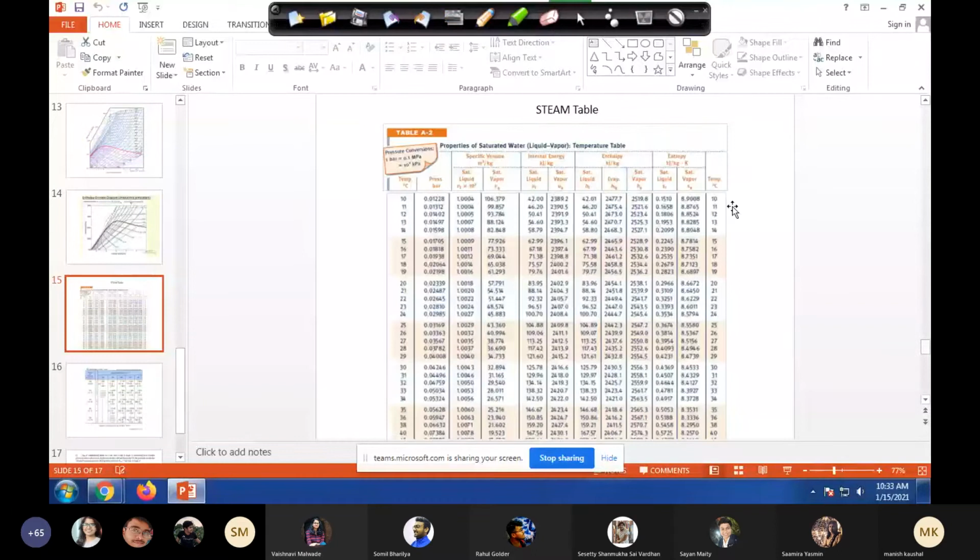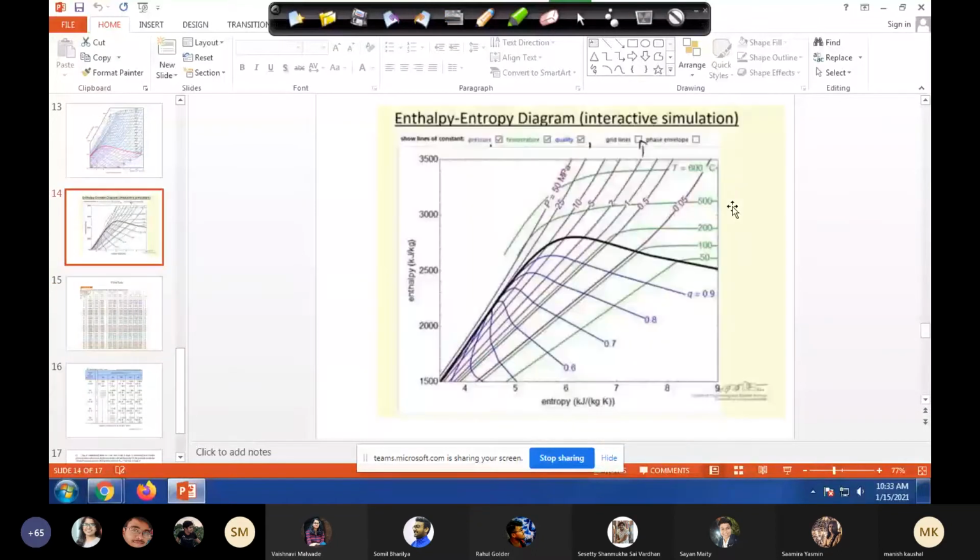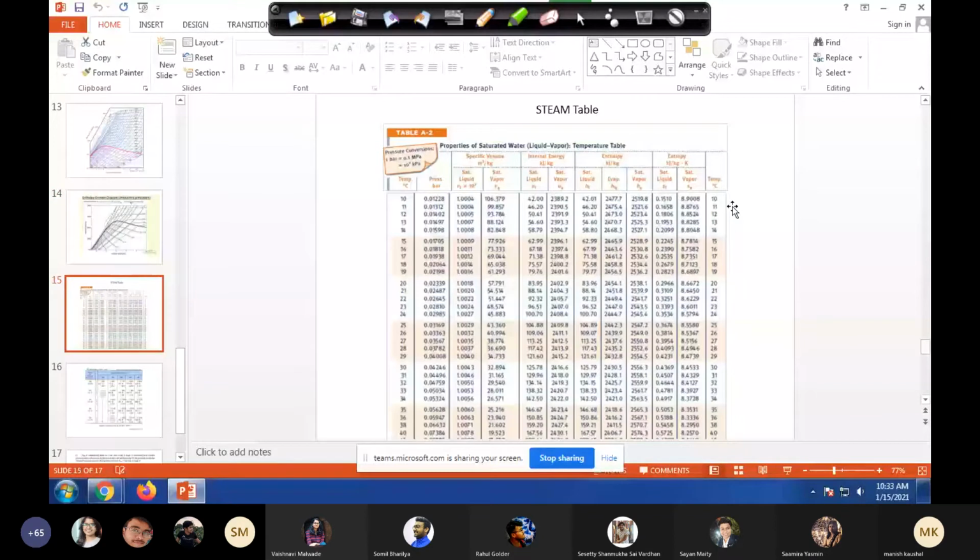Okay. So what we have seen is the graphical form of various phase diagrams. There is something called tabular form also. For water, it's called the steam table. Generally, we deal with water, but it is also available for another liquid like freon. So whatever liquid it is, I'll give you the steam table of that liquid. These are easily available on Google, and in the book Engineering Thermodynamics by YVC Rao.